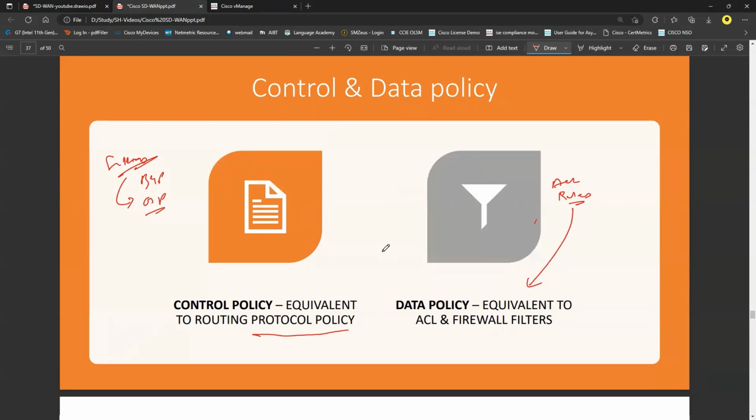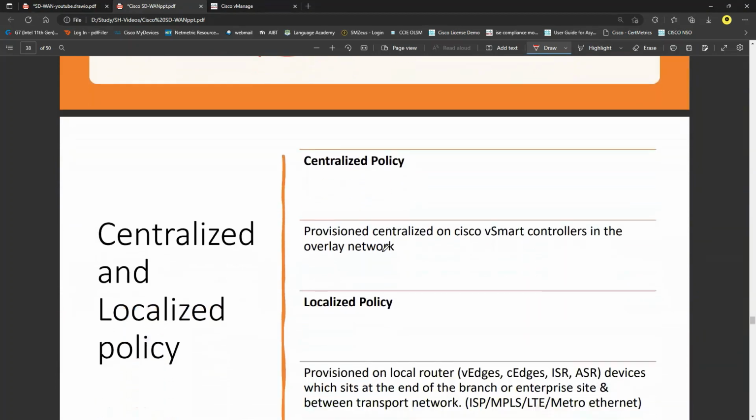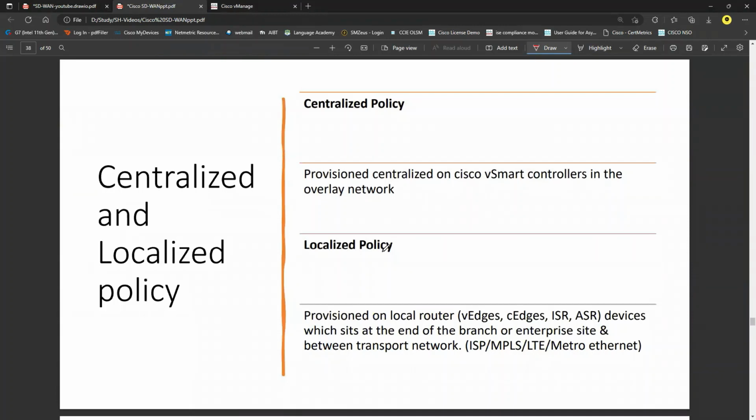So that's pretty much it with the centralized policy and the localized policy. The only thing you need to be careful about is that whenever you're configuring the centralized policy, it will be pushed to the vSmart and it will affect the whole network. This is the main thing you need to understand here. Whenever you're defining the centralized policy, keep in mind that it will be applied to each and every device on your network. But when I'm configuring the localized policy, it will only affect the local network. So that's it with the